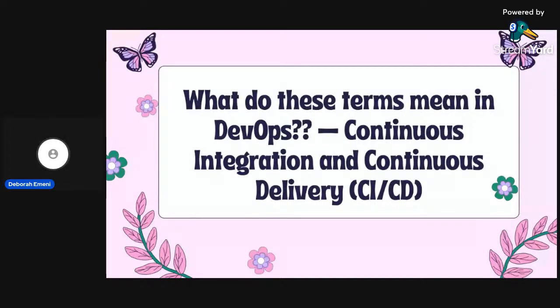So basically, automation in DevOps is simply utilizing tools for streamlining the processes involved in the software development life cycle. There are tools used to automate the testing process, and we have tools such as Selenium. I don't know if I'm pronouncing it right, but it's spelled